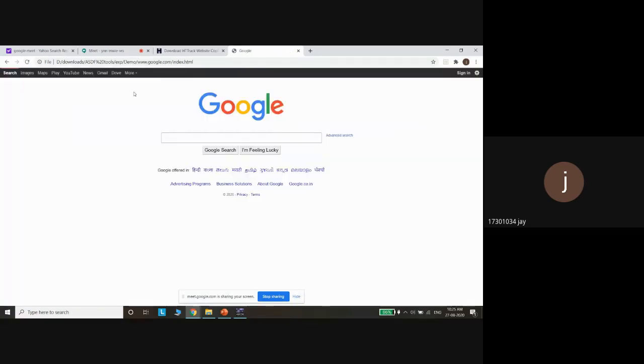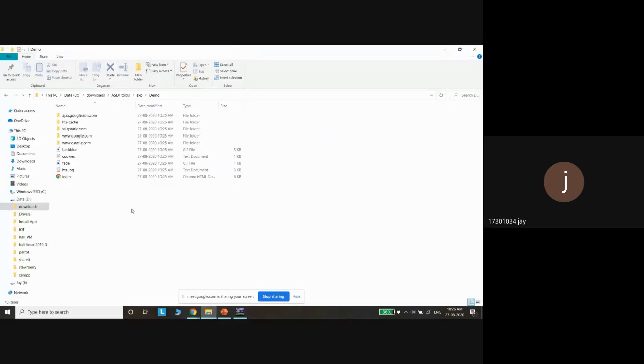We'll just click on it, and this is our site. Here you can see the URL. It is not the actual Google website. It is an offline file from the address. You can see it is the same path where the files are stored. Here are all the folders which you downloaded. If you let it download completely, you'll see a lot more stuff over here.